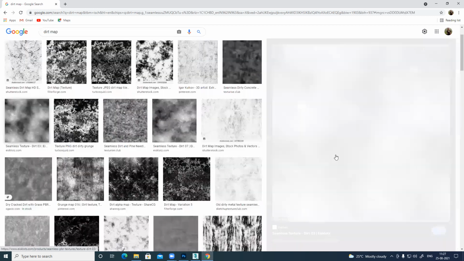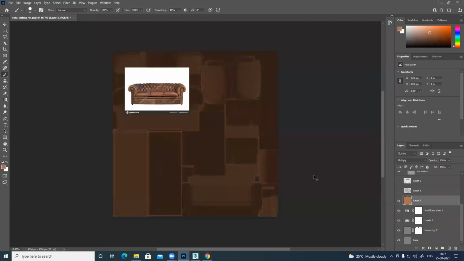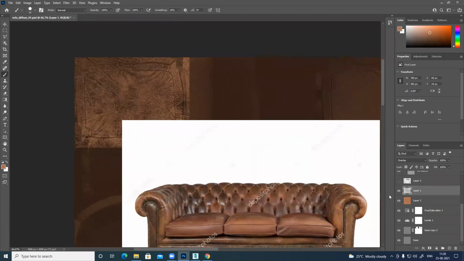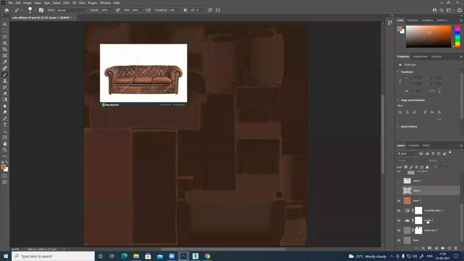This kind of looks fine. We have those patches and all. That is something I can copy. I need this color, so I'll keep this color here only. Okay, so let's add some tonal variation.